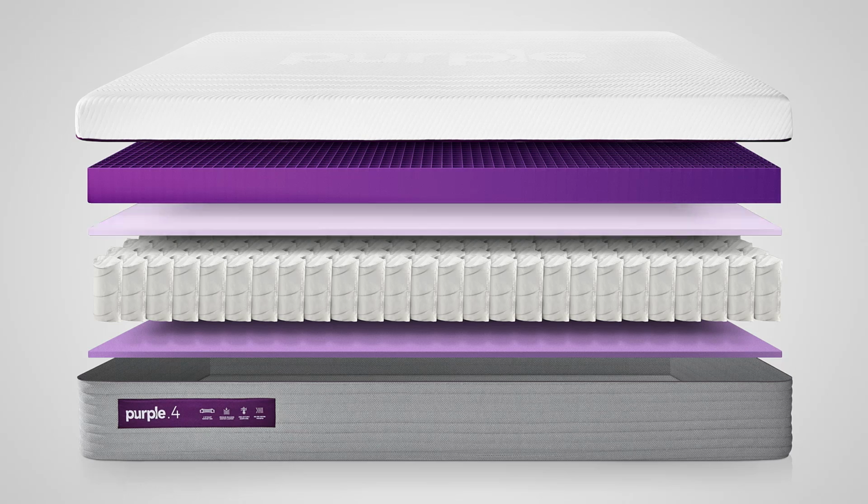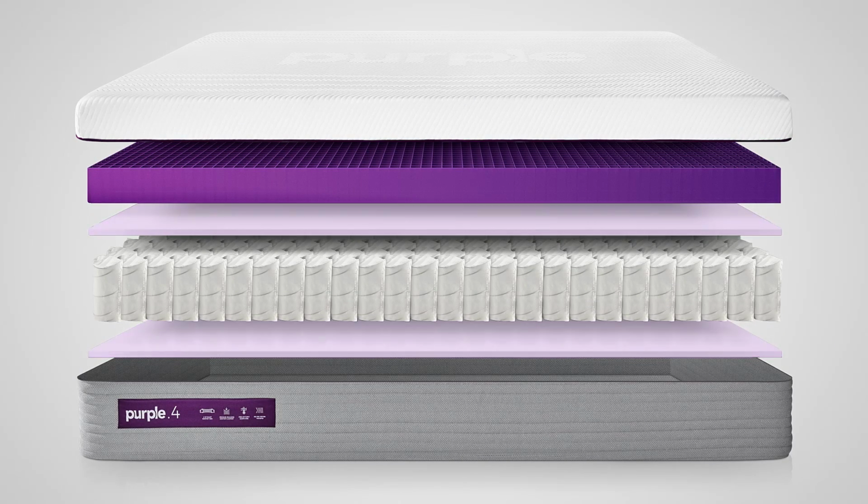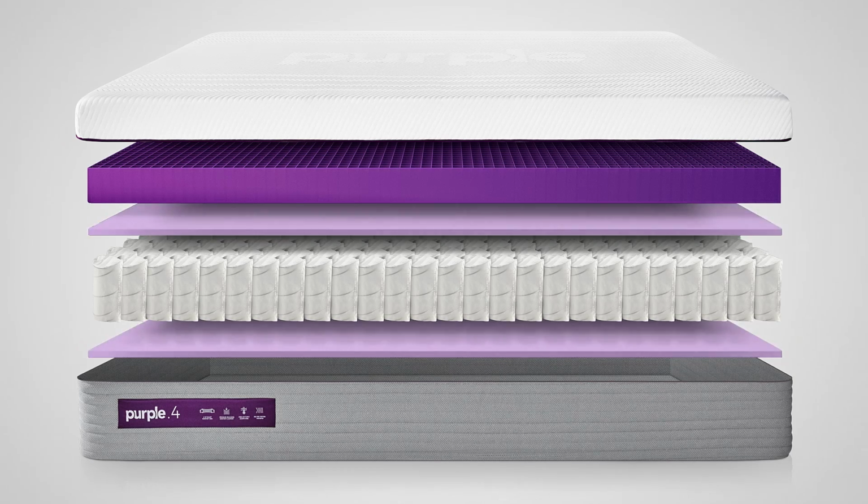In terms of how long we think it's going to last, if you've watched other reviews we've done, this is a section where you often hear us talk about foam densities. And in the case of this mattress, we would say that there really isn't enough foam in this mattress for those densities to be a critical factor here. That being said, we would point out that there is a ½ inch of foam in between the hyperelastic polymer and the coils, as well as 1 inch of foam all the way down at the very bottom of the mattress, both of which are 2-pound density foams, which we think is more than adequate for the function that they're serving in the mattress. So that leaves you with the pocketed coils, which are a firmer pocketed coil, and that is a mattress component that is very time tested